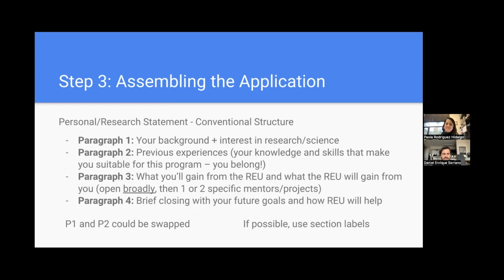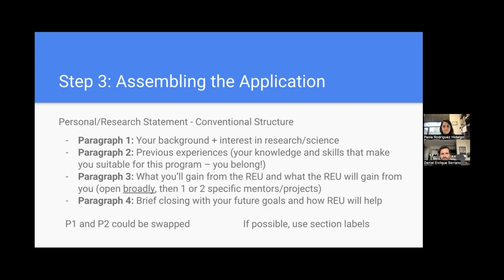So all of these pieces of information that we have given you as tips that are useful to include might seem a little bit overwhelming. So we want to present you here with a typical structure that you could use for your personal statement. And I will note that in some cases, the application process for some REU sites will give you text boxes that will ask for specific information instead of asking for a general essay. So in that case, it's easier and more straightforward for you to just answer each question prompt. But if they are just asking for a general essay or a general personal statement, you might find it useful to use this conventional structure.